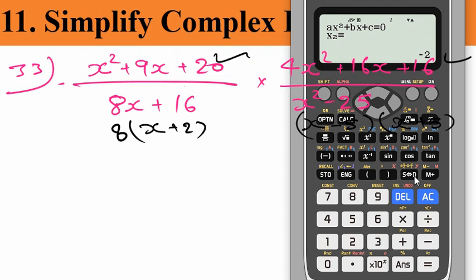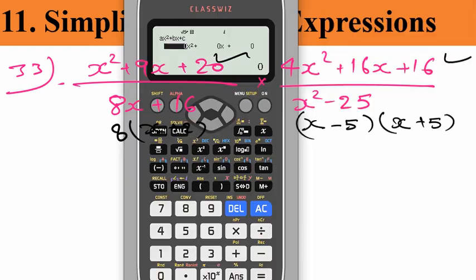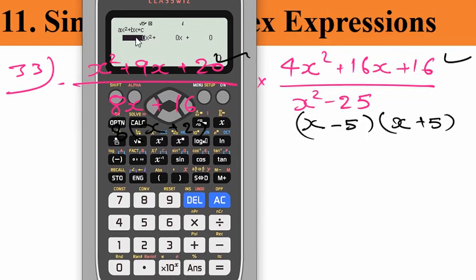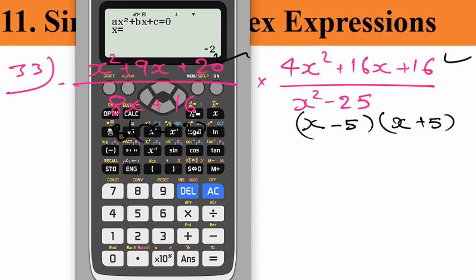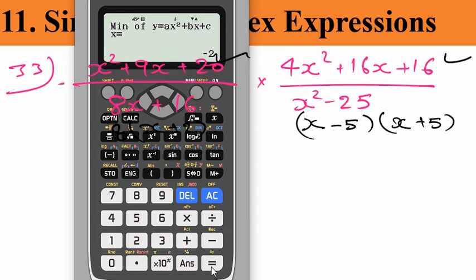Now what about the second one? 4x square. So this time a is 4, b is 16, and what about c? C is also 16. So this time the only difference is that a is not 1. Sorry, a is 4. In the previous ones, most of the time it was 1. So this time you will get the answer as minus 2, and yeah, what we got,